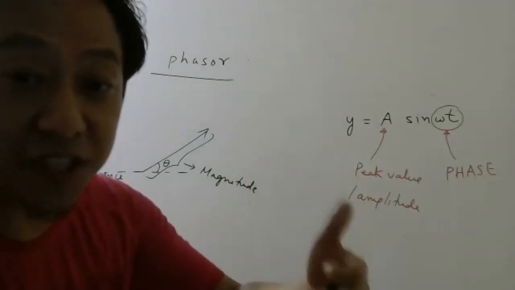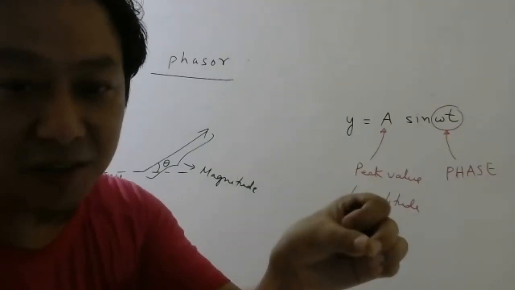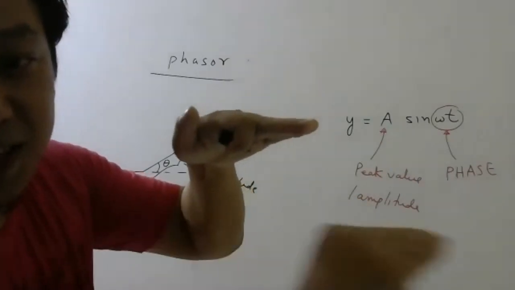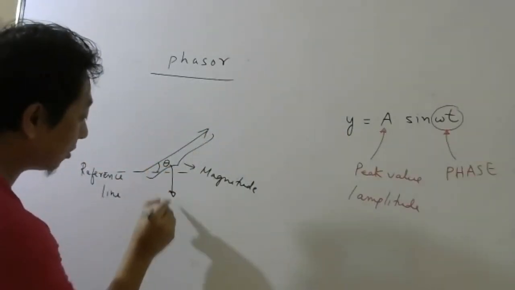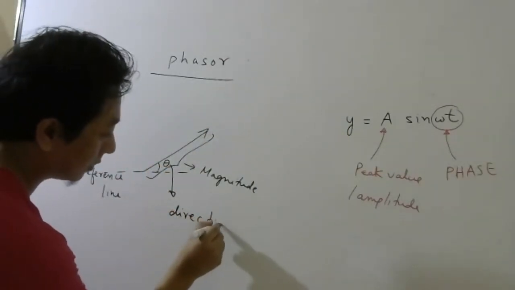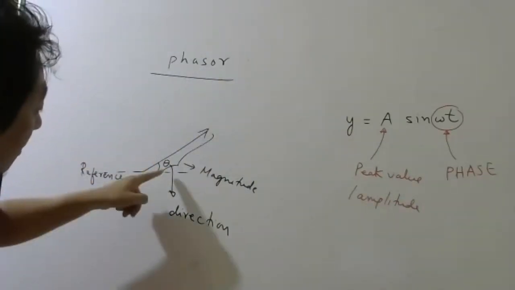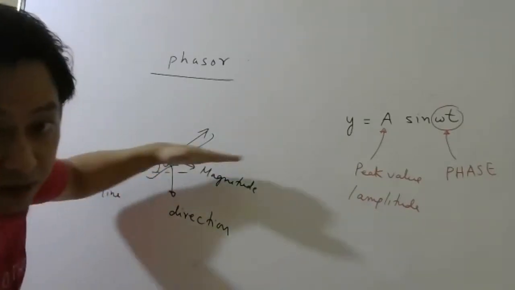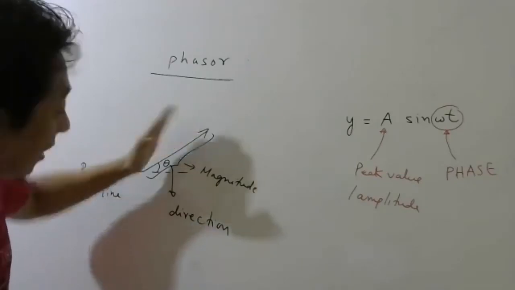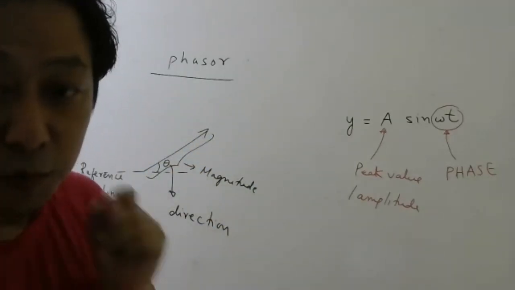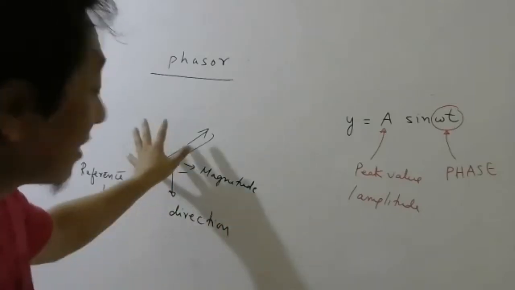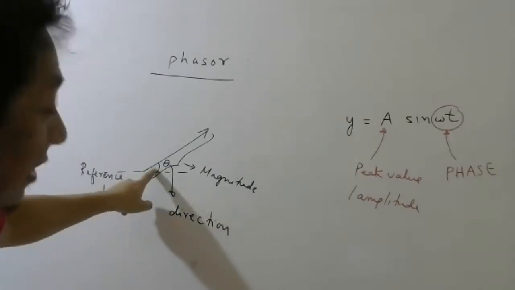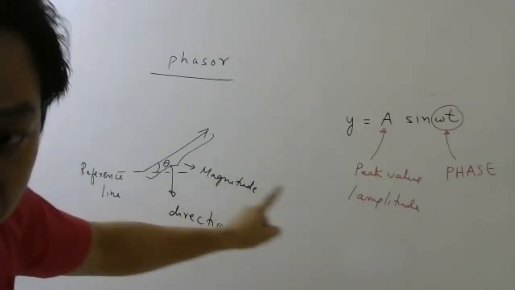Right, students? To measure the position of something, you need an origin. Similarly, to measure an angle, you need a reference line. So this angle gives you direction in a plane. If you know this angle, you will know where the arrow is. If the angle is 0, the arrow will be here. If the angle is 90 degrees, the arrow will be here. So in first PU, we represented vectors by this kind of arrows. The length of the arrow gives magnitude, and the angle made by the arrow with the reference line gives direction.